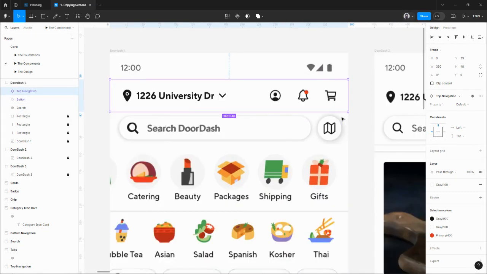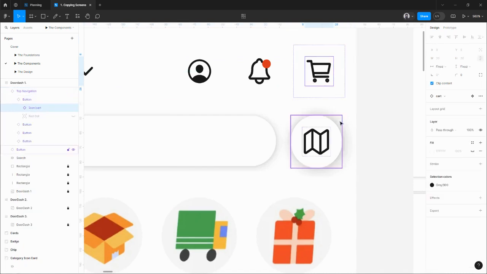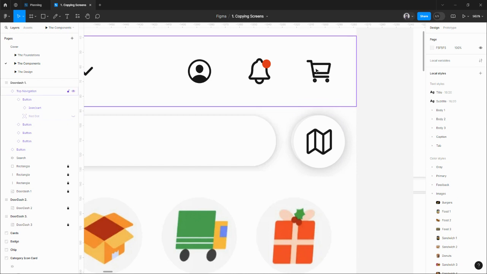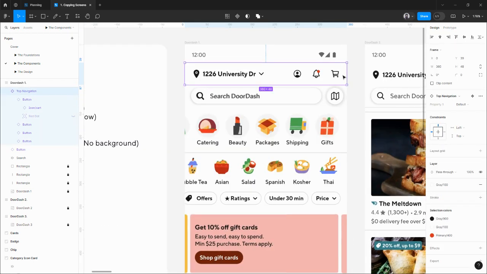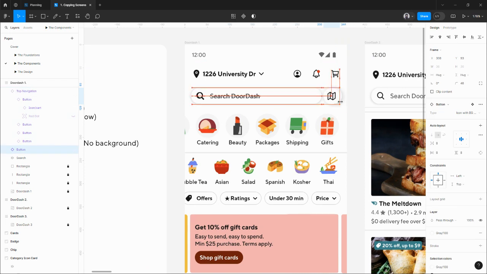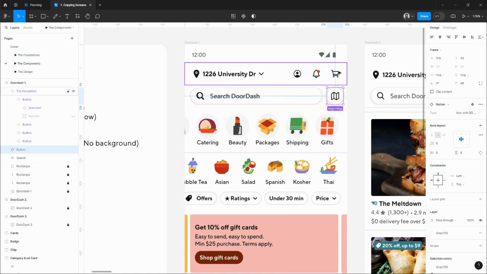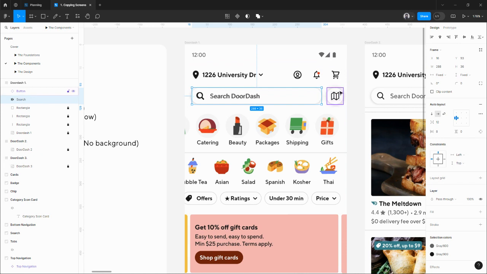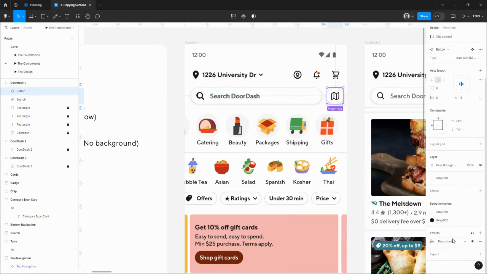So placing it right where I need to align it, selecting the component, and yes, I think we should do this. Or probably make it 16 for both sides. No, it looks random, so we are gonna go this way. Okay, now what I'm going to do is just simply